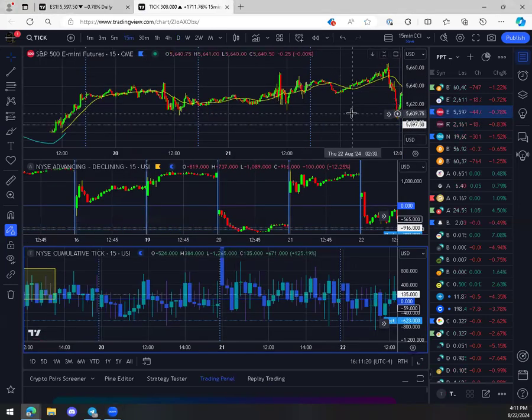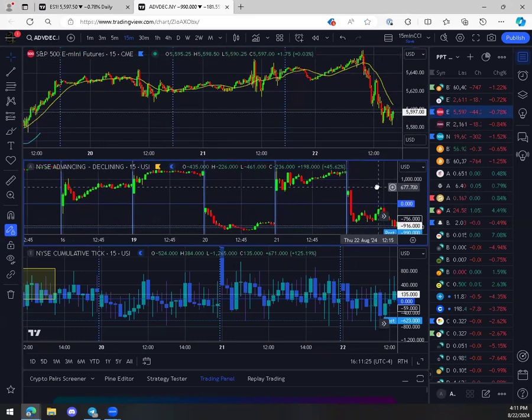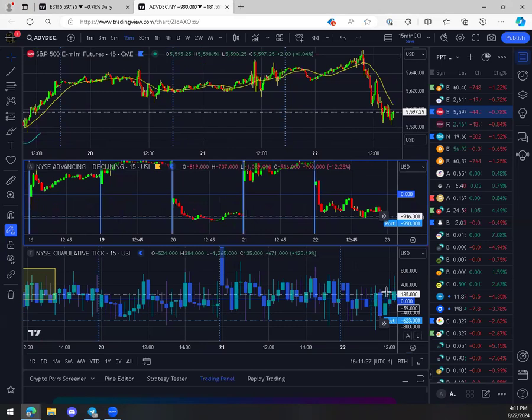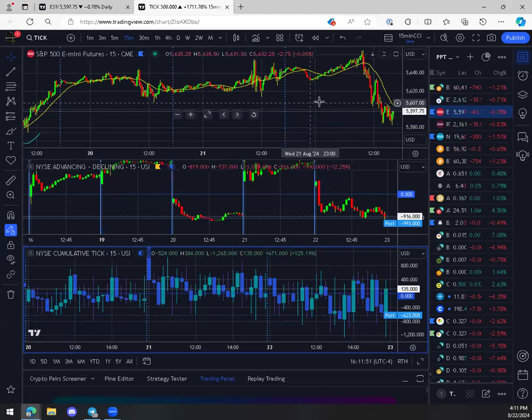So all that being said, that's how you would get another leg, and then the AD line confirming that, and we've had a bearish tick skew the whole day, right? So if you didn't short this failed breakout, which was a nice zone fade, then you would take this pullback continuation, because at least from the RTH, this is a trend down day. So that's the ES context for today.